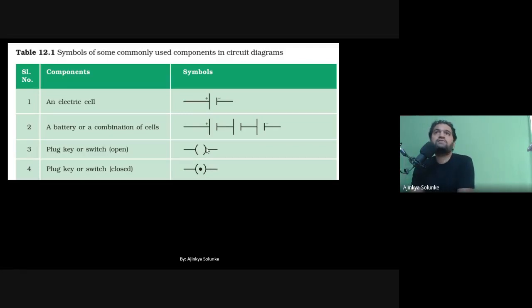For example, in your circuit, you are drawing the diagram of a fan. Almost every room of our house has one fan. If you have even 4 or 5 rooms in your house, you will have at least 4 fans, correct? So it is very difficult to show each time a fan, then a tube. It's very hard. So in place of that, we have symbols, which save our time. In place of a battery, we just draw 2 symbols.